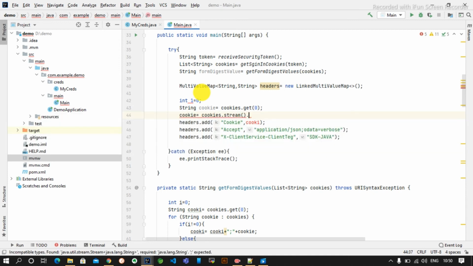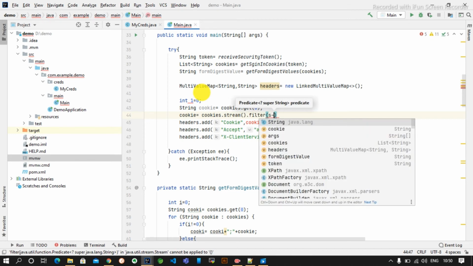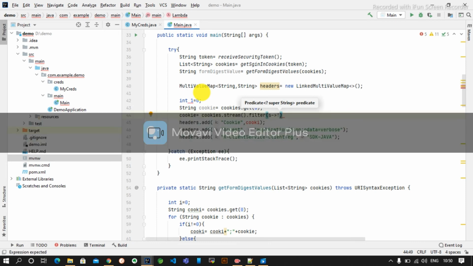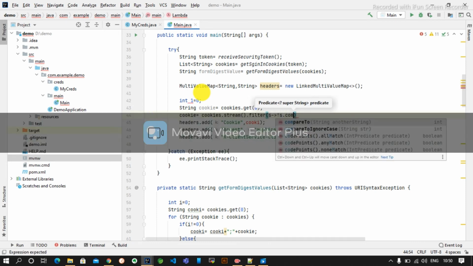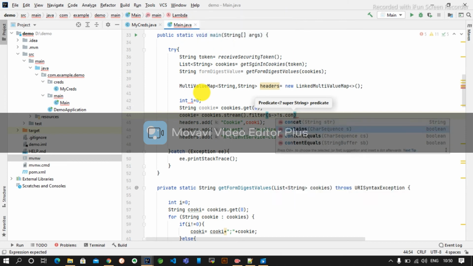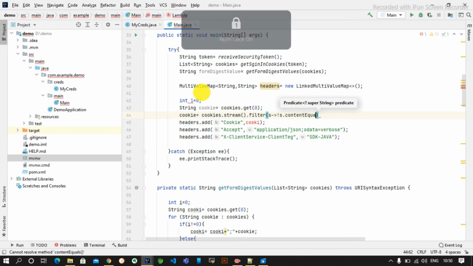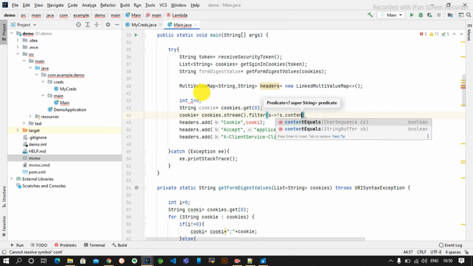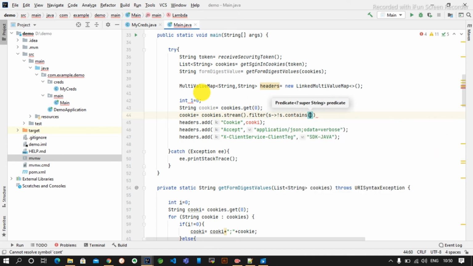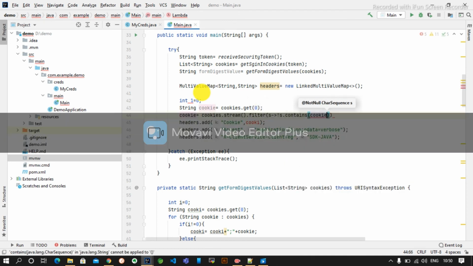Stream dot filter. Since we have taken the first filter, we don't want the first filter to come in the cookie again. s dot contents. Cookie dot collector dot to list.